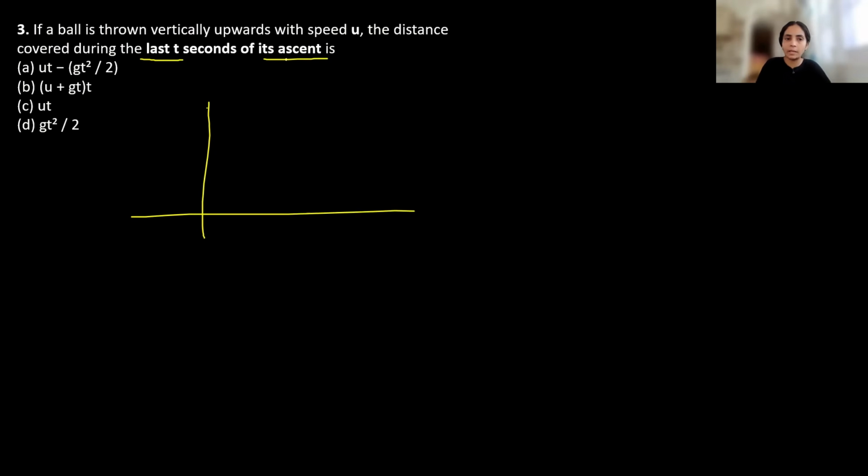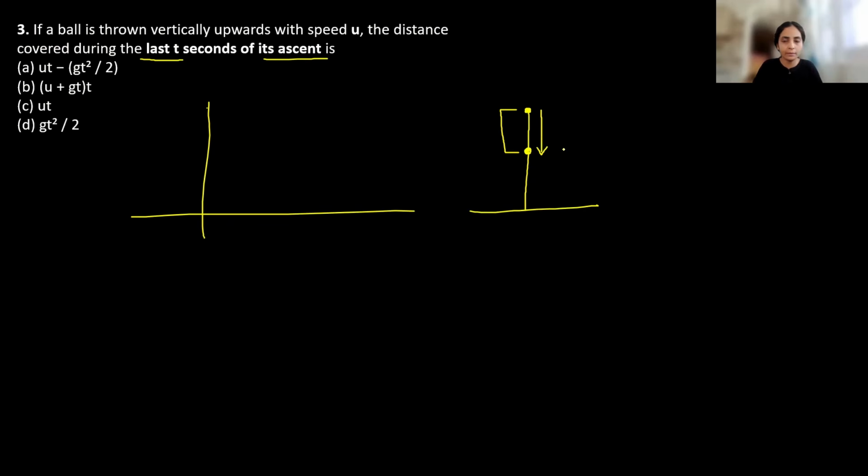जब वो ऊपर की तरफ जा रहा है, so last t सेकेंड में वो कितना ऊपर चढ़ा है? Let's say उसको ऊपर जाने में कितना टाइम लगा, कुछ भी टाइम लगा, let's not get bothered by that. But इसके मोशन का, अपवर्ड मोशन का जो last t सेकेंड है, let's say उस last t सेकेंड में ये इतना चला है। Then while it is coming from top to bottom, in that first t second it will